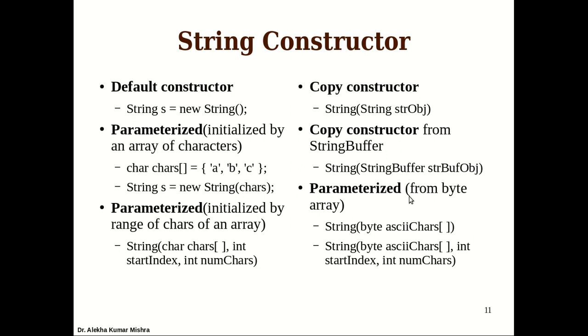Next, the parameterized constructor from a byte array. We can create a string object not only from a character array, we can also create it from a byte array. Bytes generally store ASCII numbers, since a byte stores a number with a size of 1 byte. So when we do this, we treat the bytes as an ASCII character array and convert them into the equivalent character string. We can also take a sub-array, which can be converted into a string by the second constructor type.